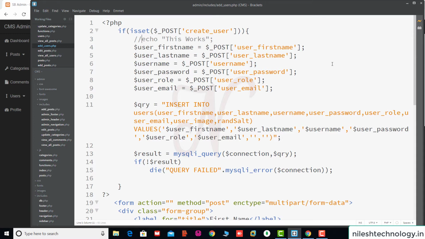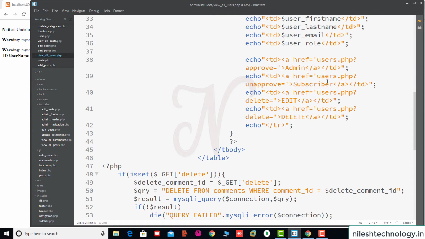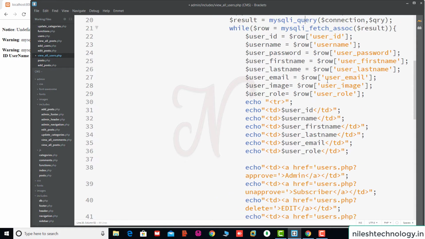Now I open the view all users file. Here we give some variables to this delete link: users.php, and delete equal to the user_id.